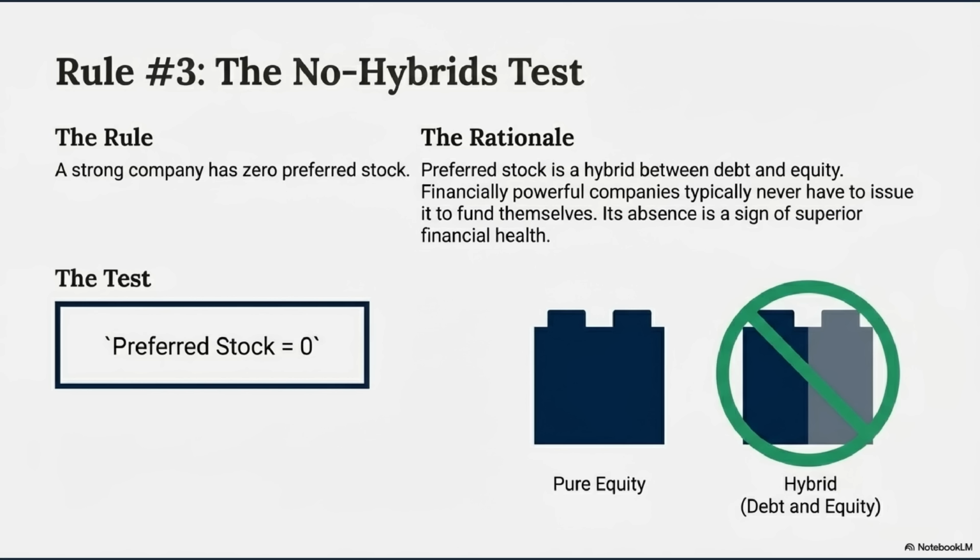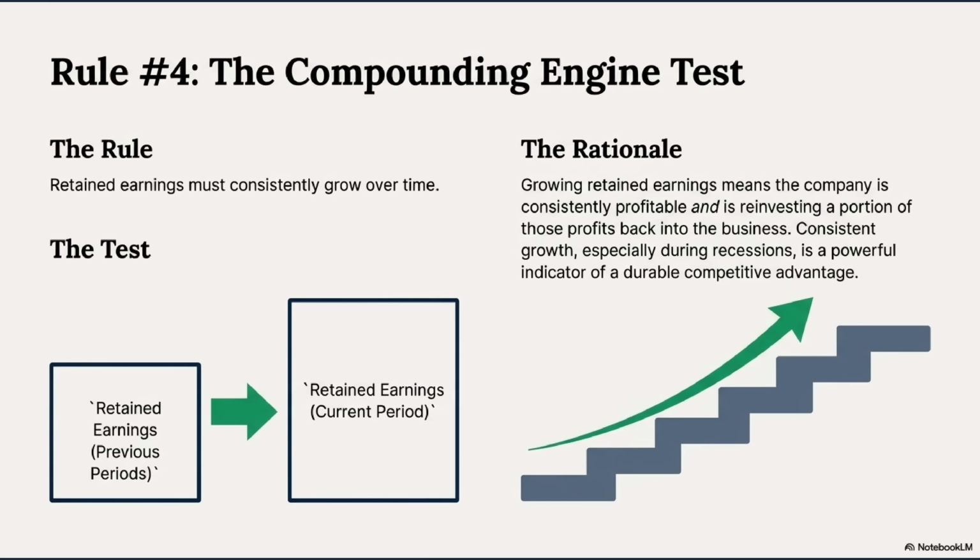If that ratio is below 0.8, it just confirms the company finances itself, and it has managed to avoid a lot of external borrowing. That gives it flexibility in a downturn. It's like a proxy for how much management trusts its own engine over a bank loan. So we've established the need for a massive cash cushion and low dependency on debt. The third rule is arguably the easiest to check. It might literally take 1 second.